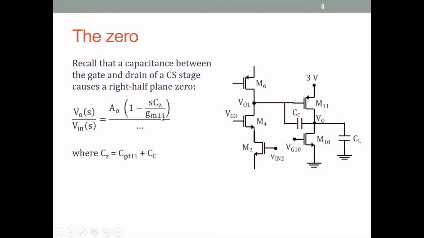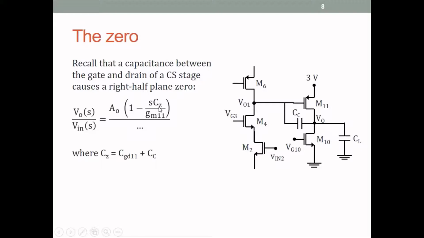That's a negative sign. A negative sign causes a phase shift that is negative, and that is the same sign as a pole. Therefore, this is called a right half plane zero because this is a negative sign. So the zero is in the right half plane. So a right half plane zero causes the same phase shift. The sign of the right half plane zero phase is the same as the sign of a pole, a left half